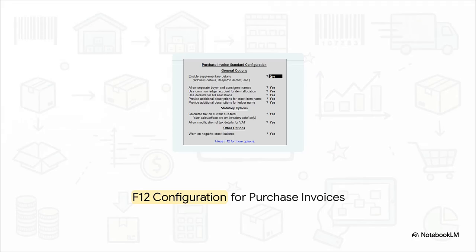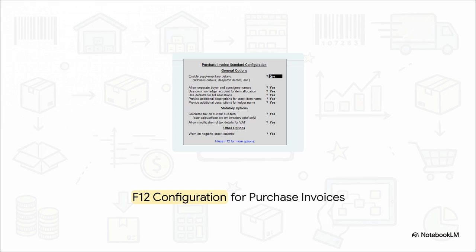Now, if you press F12 while in the purchase entry, you get this specific configuration menu. Notice the other options down at the bottom. You can set it to Warn on Negative Stock Balance. This is a massive safety net. Tally will literally stop you and warn you if a transaction would push your inventory into the negative, completely preventing